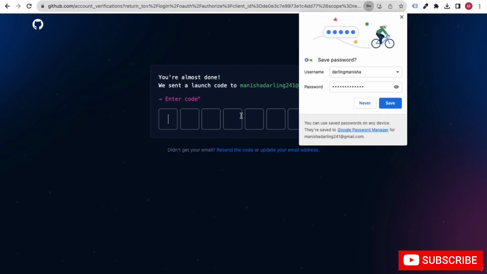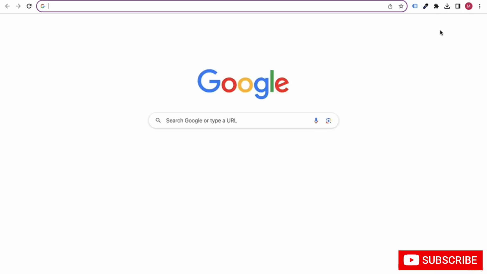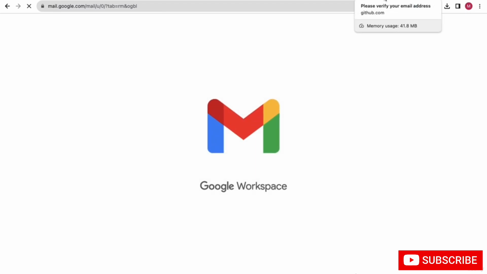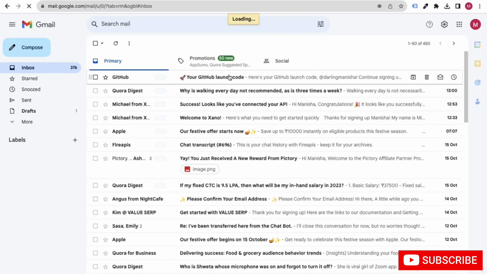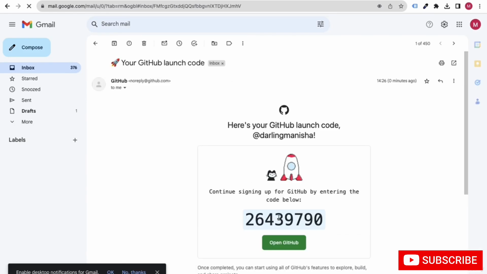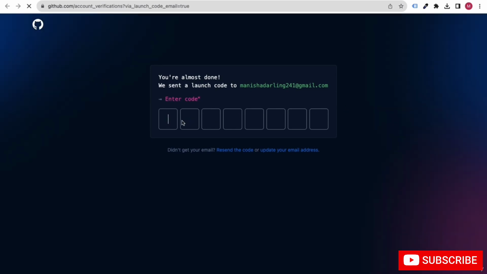It has sent us the code. Now I will open my email so that I can verify my account. So it's very simple and basic stuff. We are here in GitHub and this is the code.